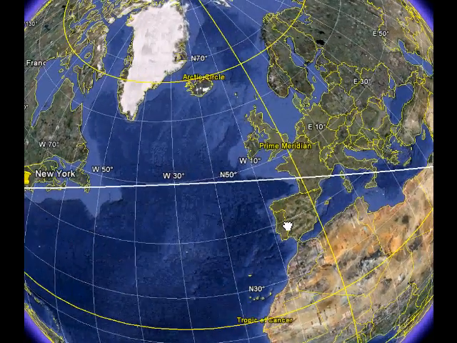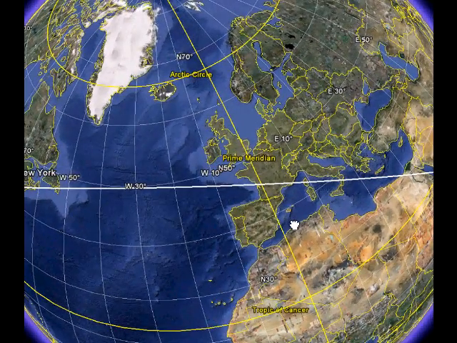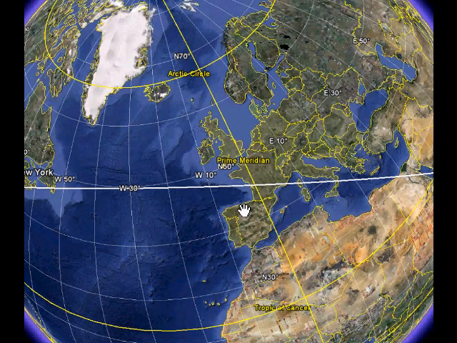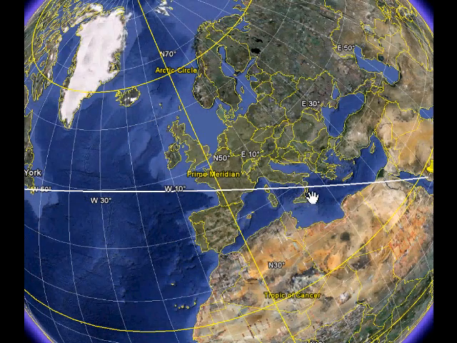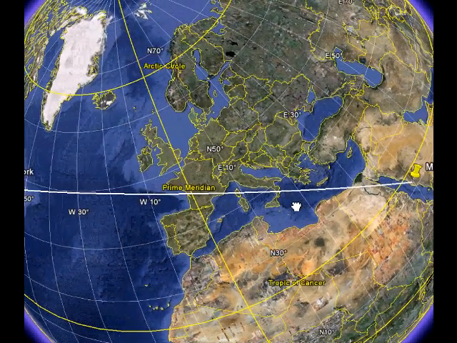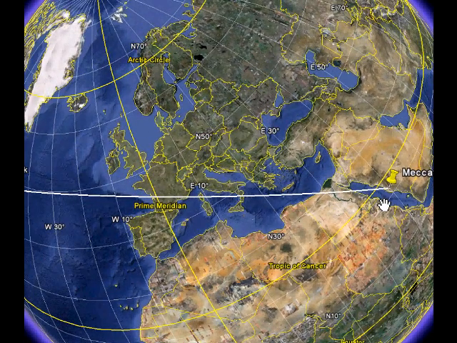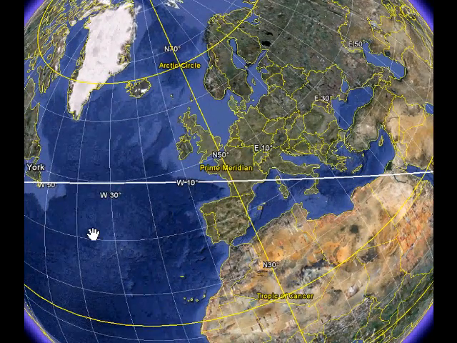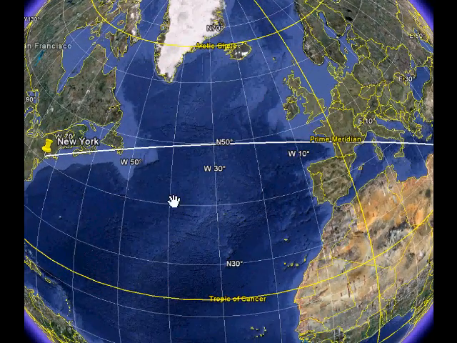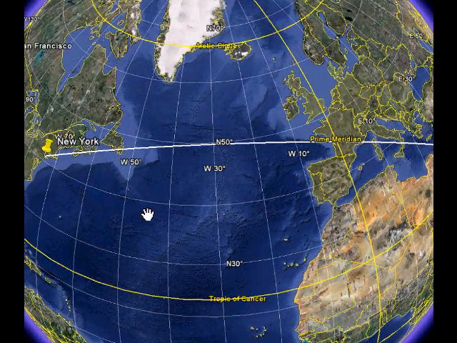And then inevitably, your direction is changing, of course, relative to east and north, to a southeastern direction. And you go over France, you cut the leg part or the foot part of Italy, you come through Egypt, and then you finally hit Mecca. All right, this is a very important point because sometimes directions, this is the way it is,